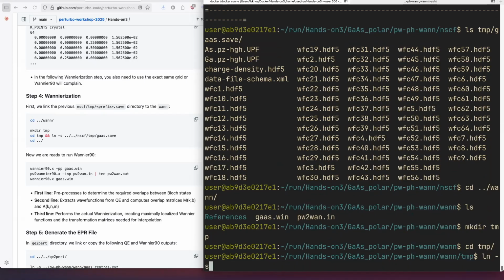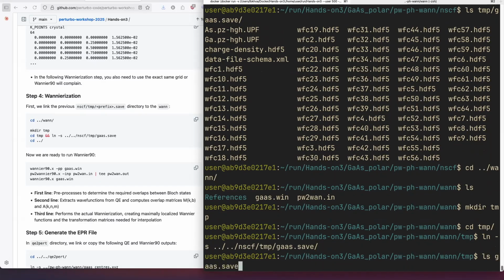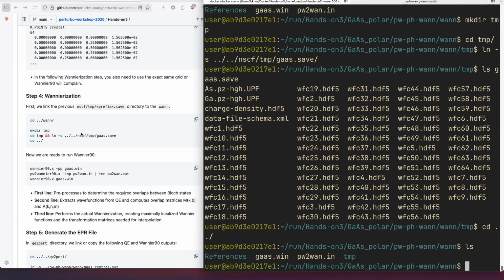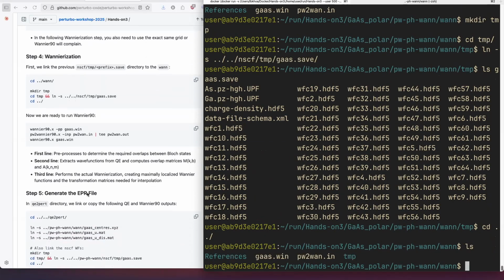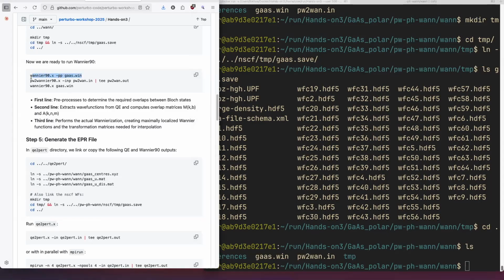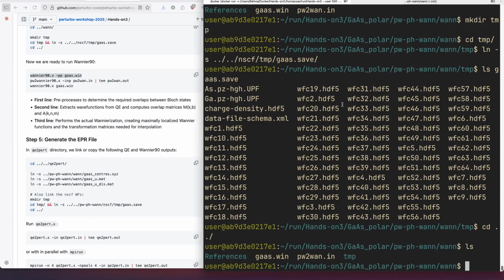And then run the soft link right here. So we have it here. Okay. So there are 3 steps to run Wannier90. The first is a pre-processing step, then pw2wannier step to compute the overlap, and then we actually run Wannier90 in the third line. So first we run step by step here,